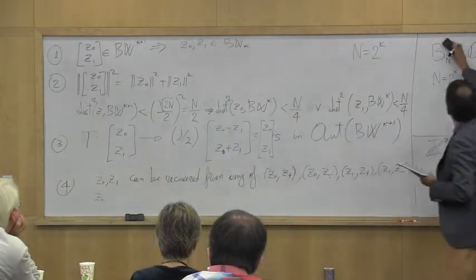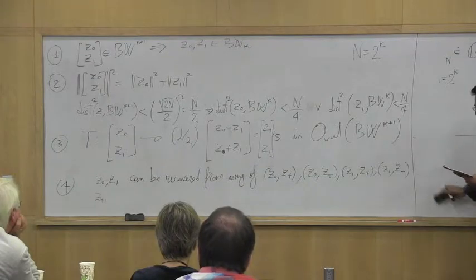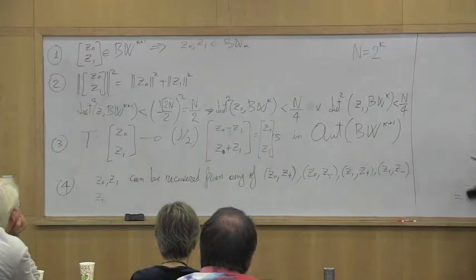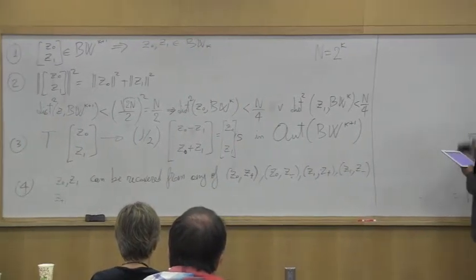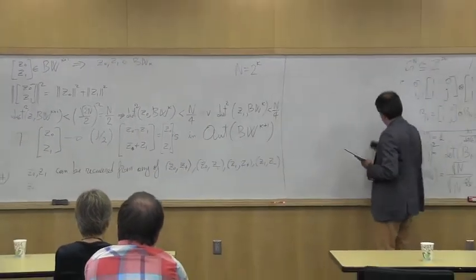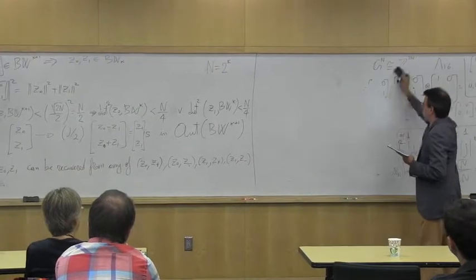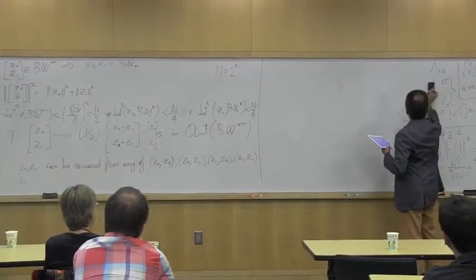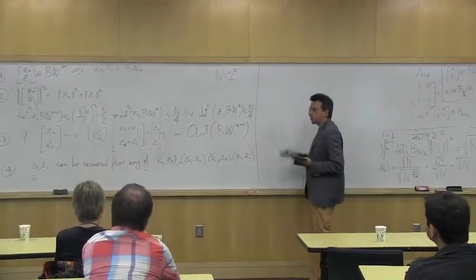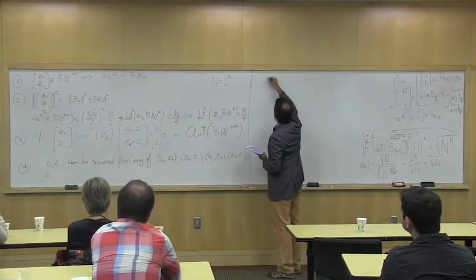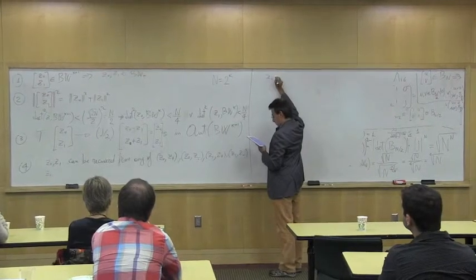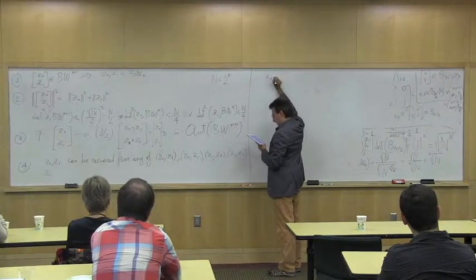And I don't know what is the most elegant way to conclude that you can recover that from any of those 4 pairs, but I know the fastest way, which is just solve the 4 linear systems. And for example, you can compute z0 as